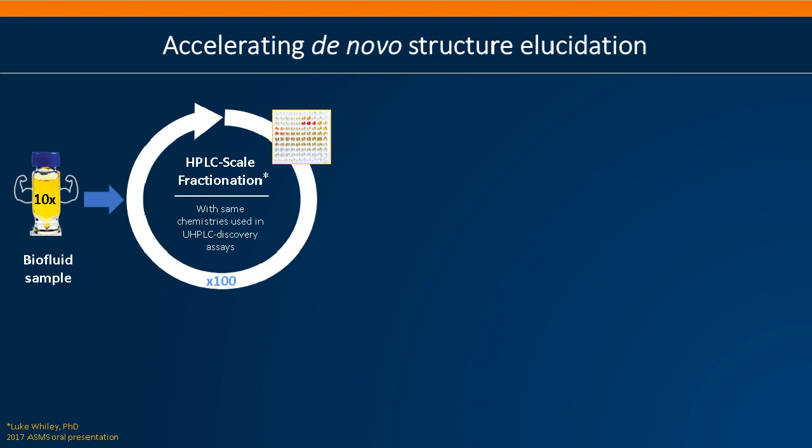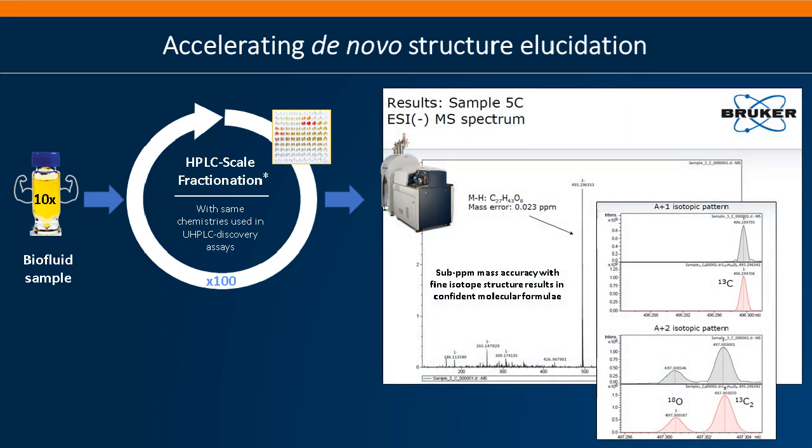We just run it repeatedly in order to amass enough of the purified chemical to go on and do advanced mass spectrometry and in some cases NMR. So here we're actually working with Bruker to use their MRMS technology to take purified unknown biomarkers and perform some specific chemical formula elucidation utilizing the fine isotopic structure that exists and the ultra high resolution that the MRMS system